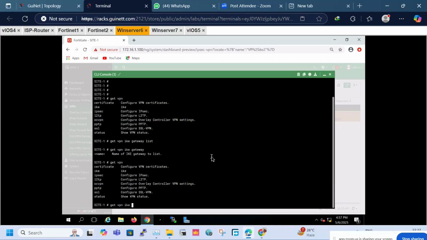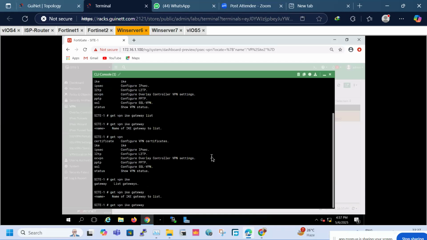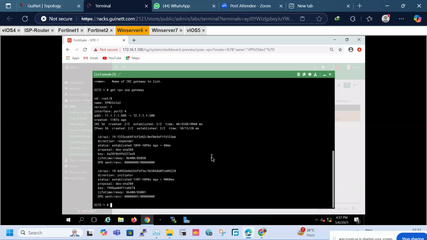IKE is phase 1, right? IKE and then gateway and then name. What is my phase 1 name? So guys, if you know the name, then you can give it, else you can press enter, then it will show that this tunnel is created between your 11.1.1.1 to 12.1.1.1, right? And the port being used is 500, that is UDP, and it is showing all the